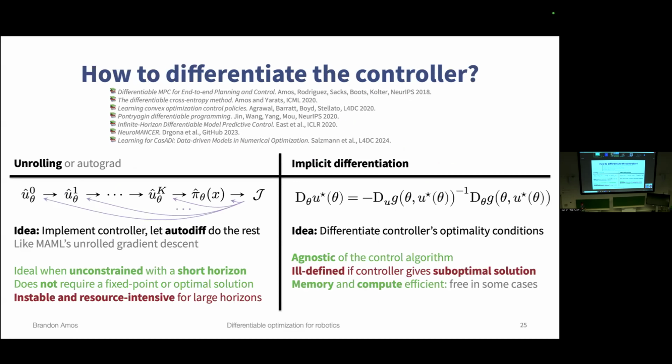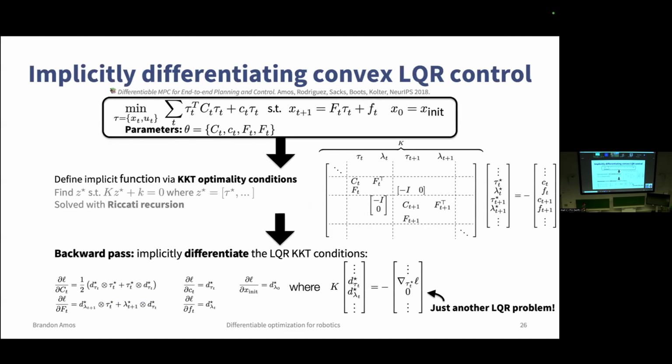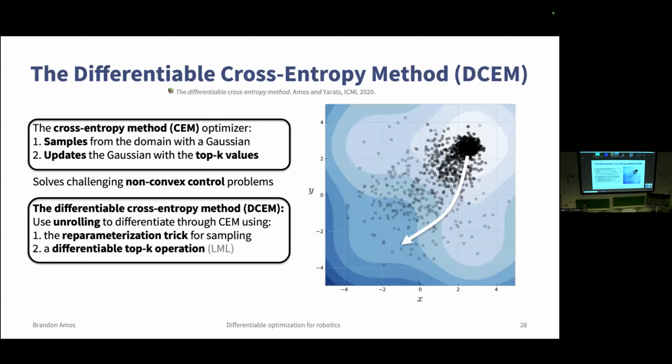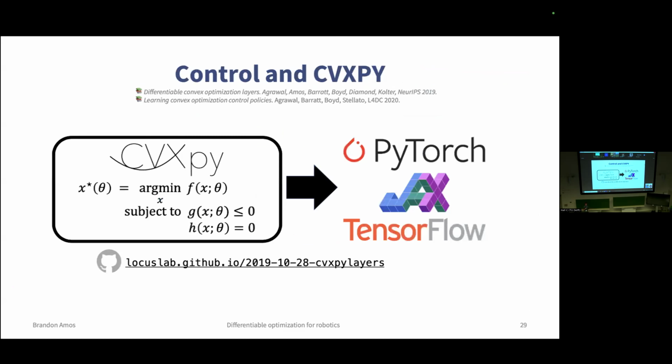There's been a lot of work on how to differentiate it because there are a lot of options and trade-offs. The references are here. I'll briefly say it either gets down to unrolling or implicit differentiation. I'll skip through most of it. I have a lot of examples, starting with LQR control. How do you do it? What does it look like? And then going into the non-convex settings, you can differentiate through the cross-entropy method's iterations, and also if you have convex optimization control problems, you can also just use our differentiable CVXPY extension.